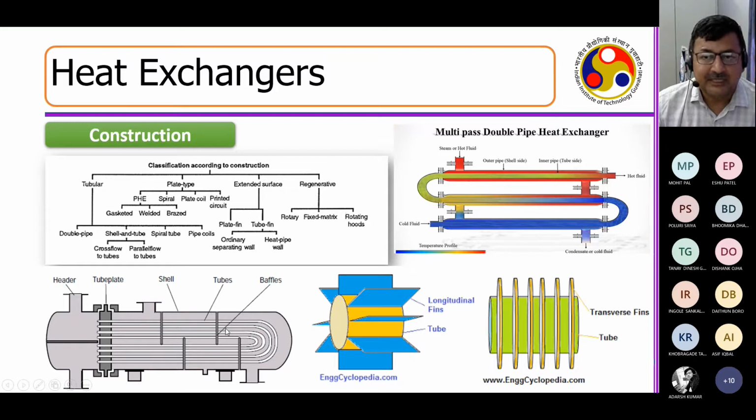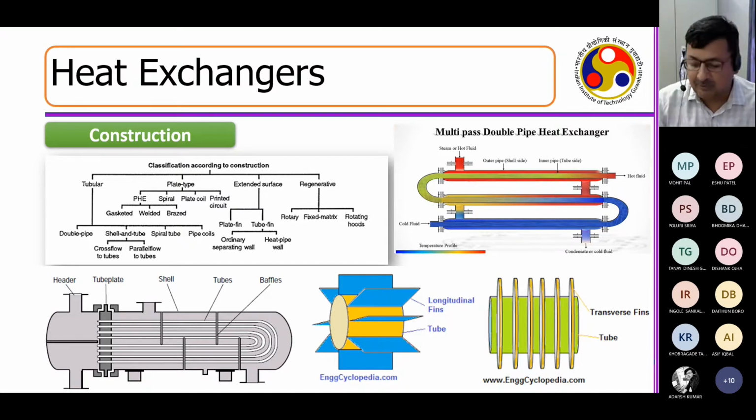So what am I doing here? Why is this particular unit more efficient than this particular unit? Maybe I have more units that I'm adding in order to increase the effectiveness of the heat transfer. When I'm adding more units, I'm adding more area, and that is what is increasing my effectiveness or the efficiency.